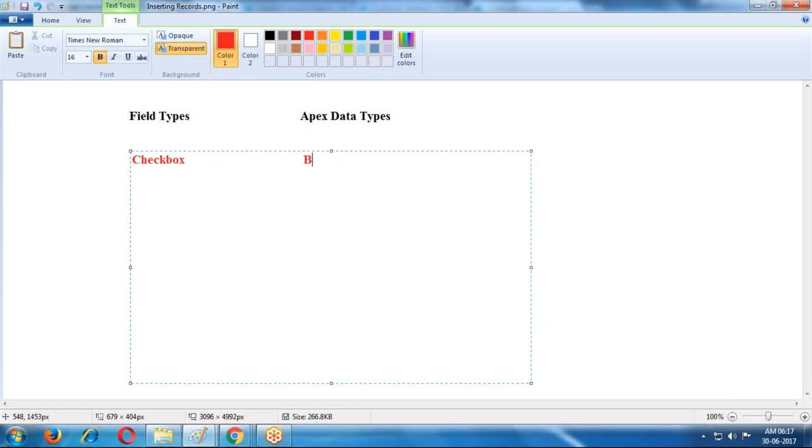In this case, Boolean. What type of value is it expecting? Only true or false. For the Boolean checkbox, a true value enables the checkbox, and a false value disables the checkbox.